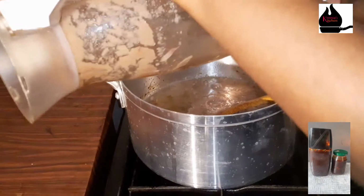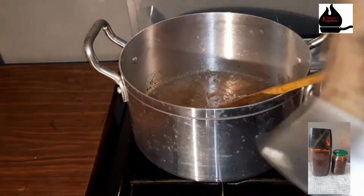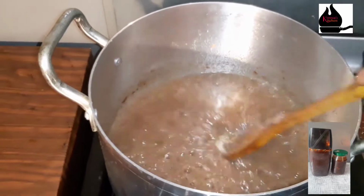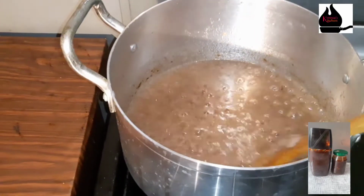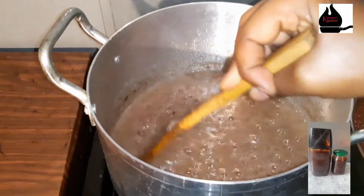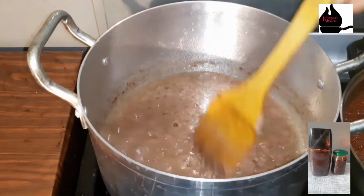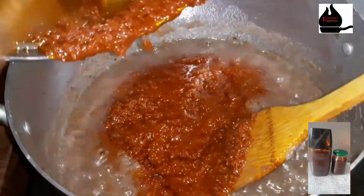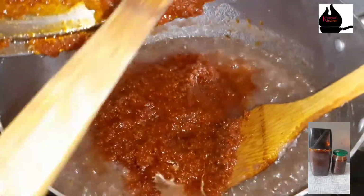Fry very well. So you make sure you stir very well, else it can get sticky. It can get stuck to the saucepan or it may burn. So you stir it in bits. About 5 minutes time, give it a good stir. Add your tomatoes, add your fried tomatoes,